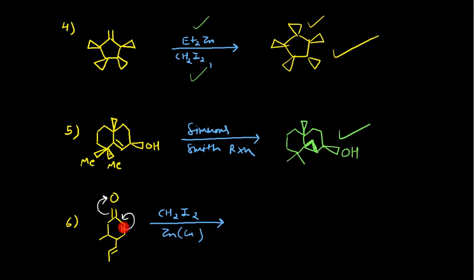This electron pair is not readily available between these 2 carbons. So this is less reactive because it is involved in the conjugation. Please remember this point: the double bond which is involved in the resonance, or in the mesomeric effect, or in the conjugation, would be less reactive. If you are doing the reaction with 1 equivalent of this reagent, it will not react to form the cyclopropane ring.